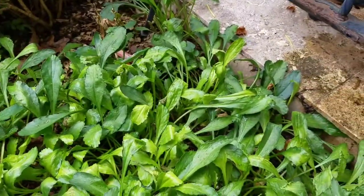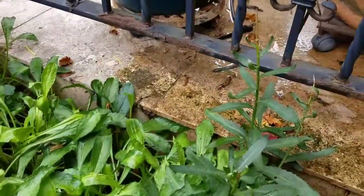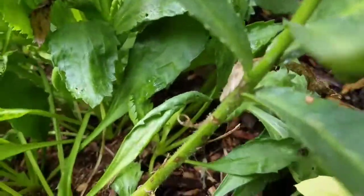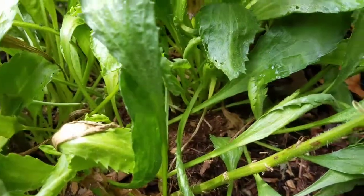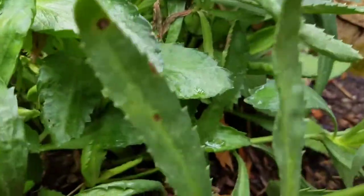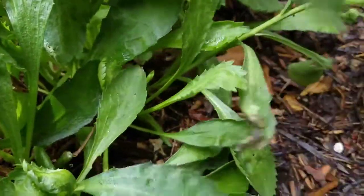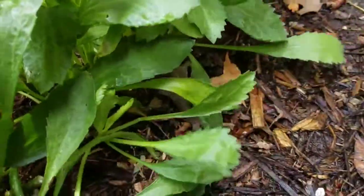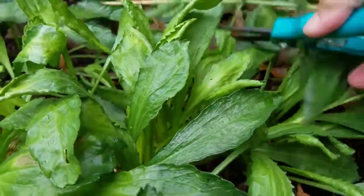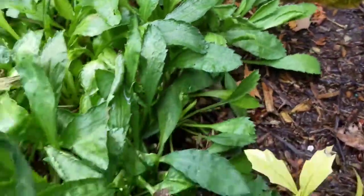You can see where they're really light green because these taller ones have been overshadowing the new. So I wanted to show you how to go down and look. You can see down in here where the big stalk goes, and then the new little bitty tender leaves are coming up. If you'll just go clear down and cut that big one off, because you know what's happening is they are sucking all the nutrients and the life and not allowing these little ones to, number one, get light or come back up. And if you'll cut them all off like that,